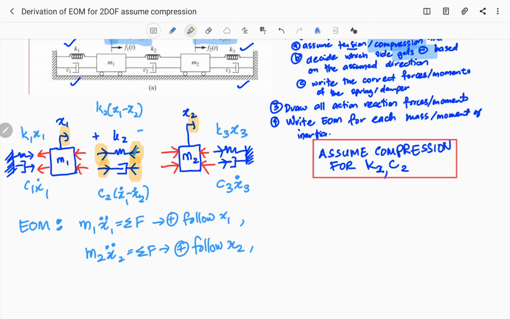So similar process now for the EOM. You are going to focus only on the forces on M1. So you only have 4 forces. So you can actually write, and the positive direction you should follow x1. Because x1 goes to the right. So that's why positive is to the right. So the way to write it, you have m1 x double dot 1